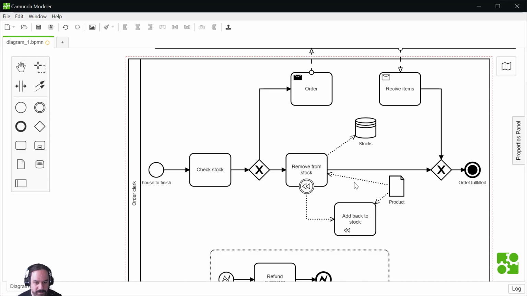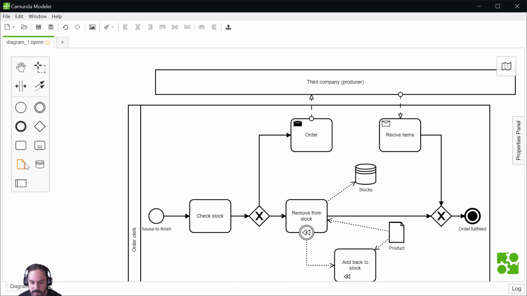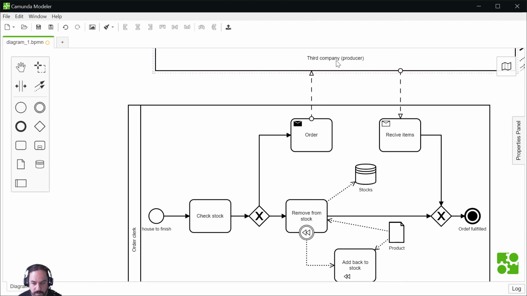So yeah, and we can label the message. Okay, because normally we are able to connect this to give more details. But okay.